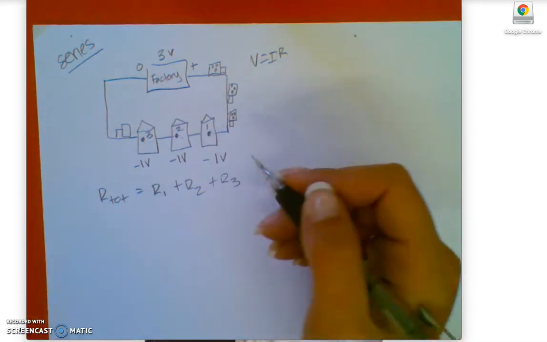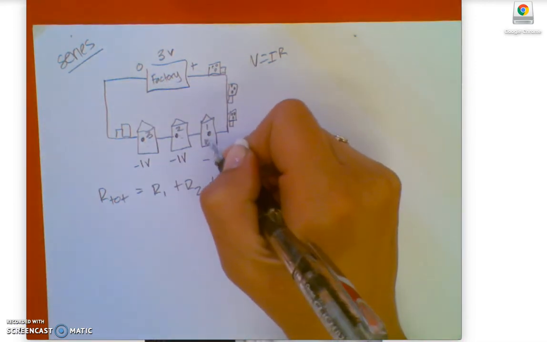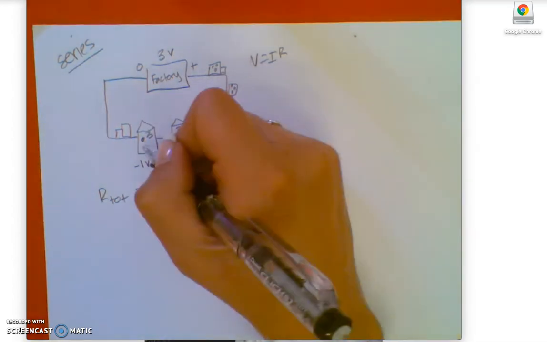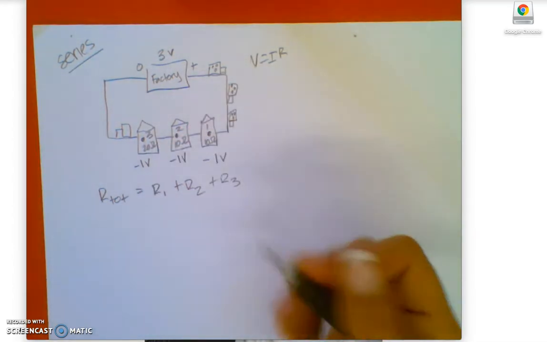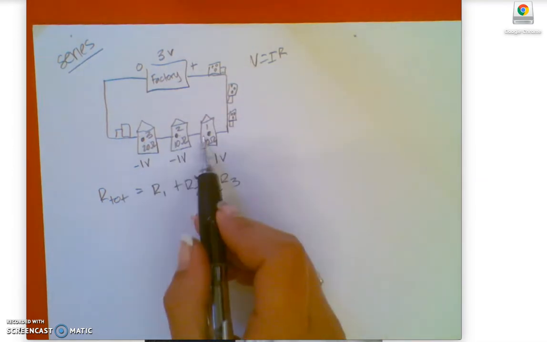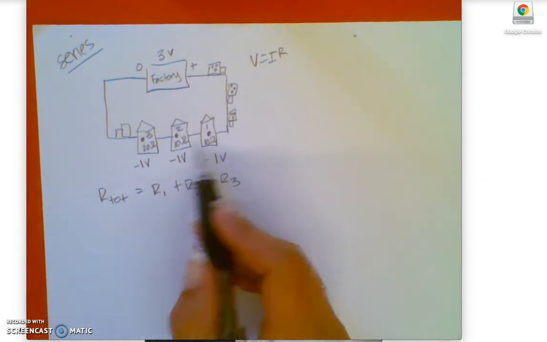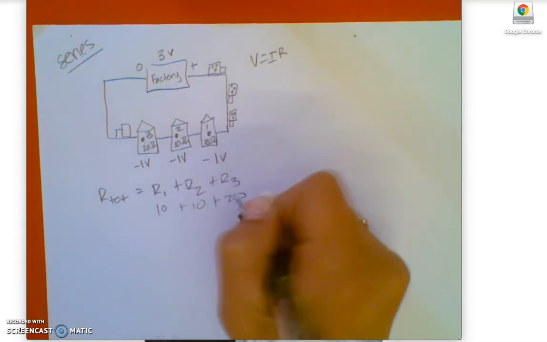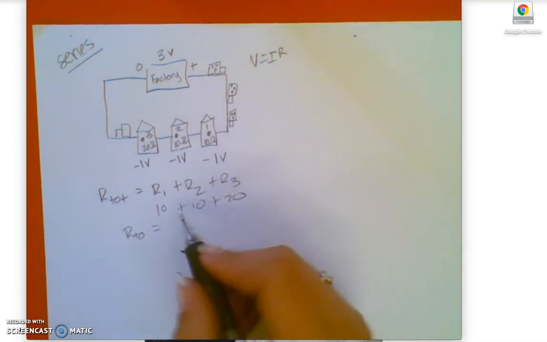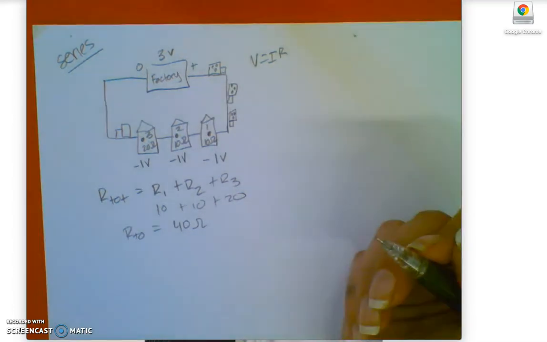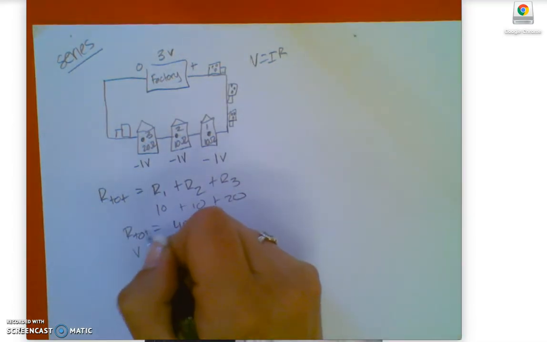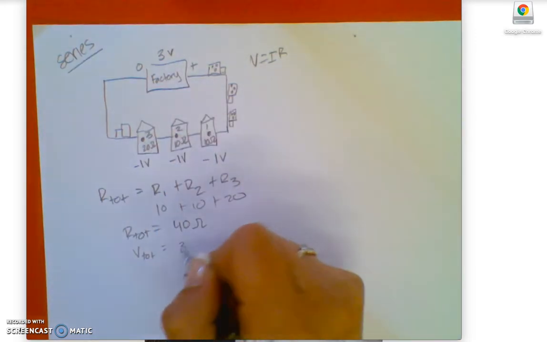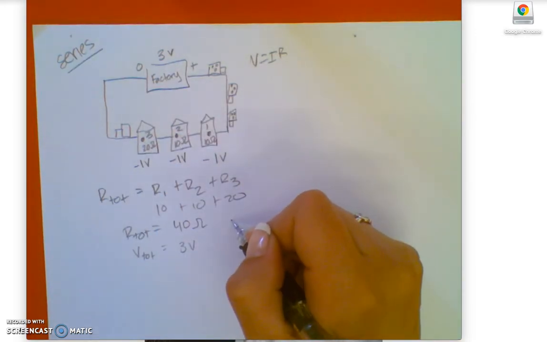So I want to kind of go through what that would look like. So if this were a 10 ohm resistor, and this were a 10 ohm resistor, so they're the same, and this were a 20 ohm resistor, okay, then what would happen is we would add all of those up to find the current. So we'd add them all up in series, so it'd be 10 plus 10 plus 20. And so we'd get a total resistance of 40 ohms, okay? And we know that our V total is 3 because it says that's what's happening at the factory. And so we could use V equals IR